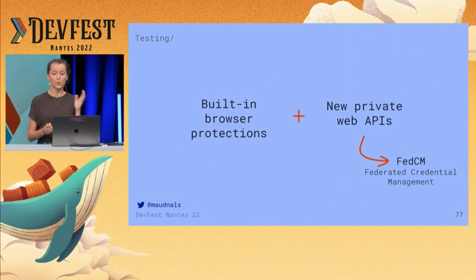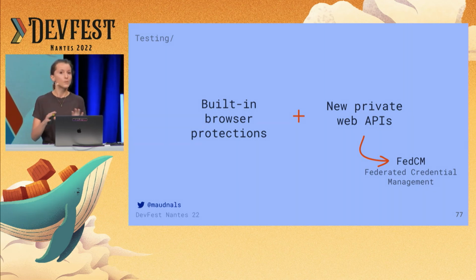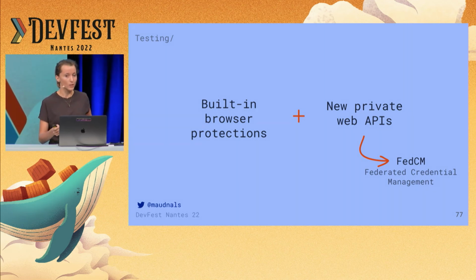So here's just one example to illustrate what I'm talking about. You know about federated login. This is what enables users to use one single authentication token to access multiple systems. That's federated login today. But it relies on third-party cookies. And like I said, browsers are looking into restricting access to third-party cookies. So what do we want to do? We want to preserve this use case. We still want to have federated login, but we don't want third-party cookies anymore.